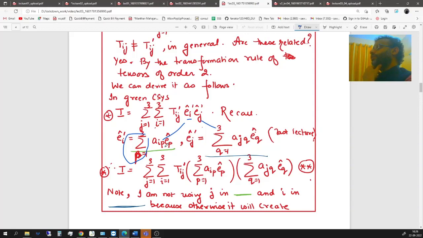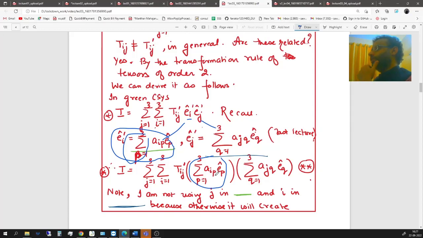Why am I doing it? Why am I not using I? Well, choosing I will immediately make I appear 3 times here, which we know is meaningless. So I doesn't seem like a good choice. How about J? Why did I not put it as J? Now, if you put J here instead of P, it will still be meaningful in the expression at this level. But when this is going to go and sit here, I hope you will see that